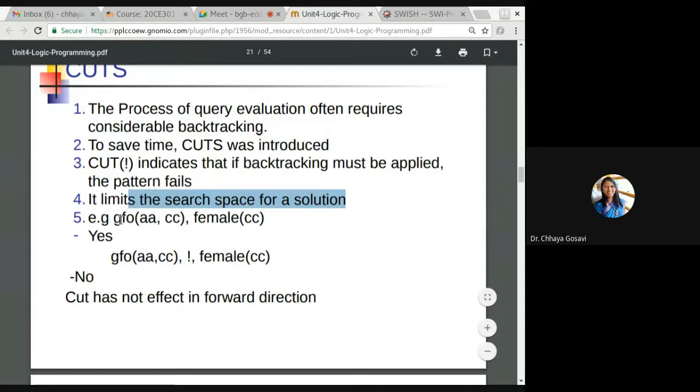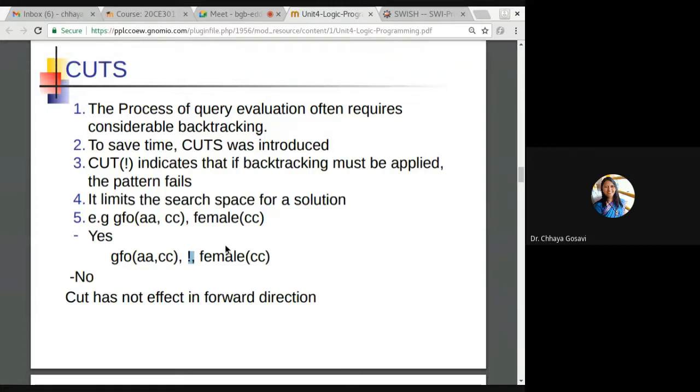For example, if you are checking grandfather of AA, CC and female CC, it will return true. And if you want grandfather of AA, CC and you didn't want it to check female CC, because female CC doesn't make any difference. I know that AA is grandfather of CC.